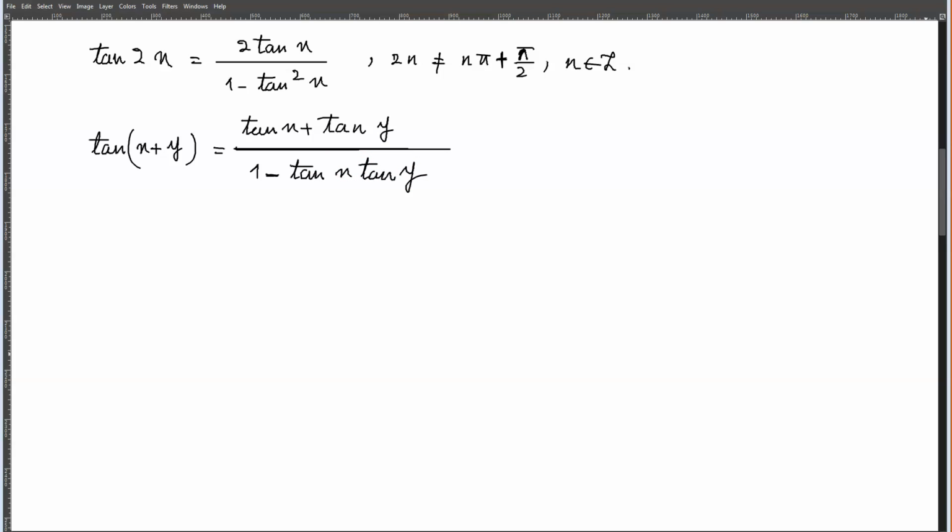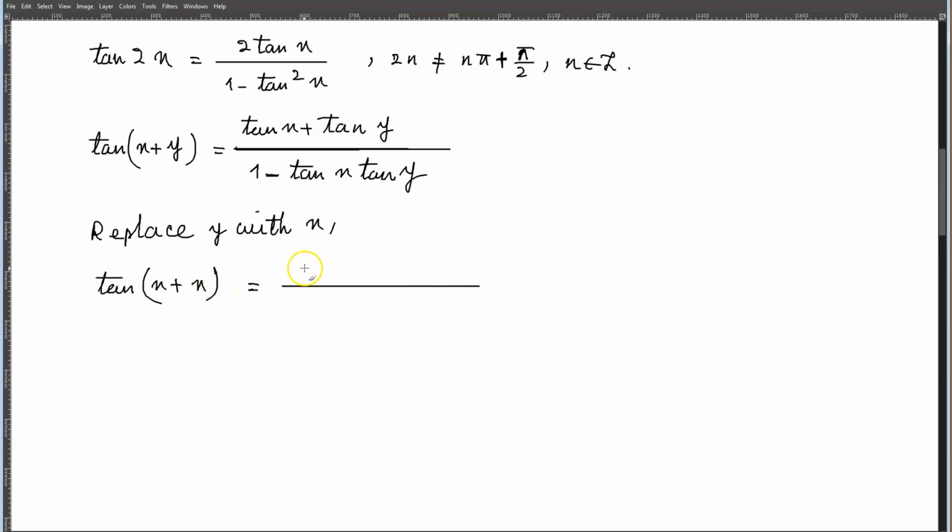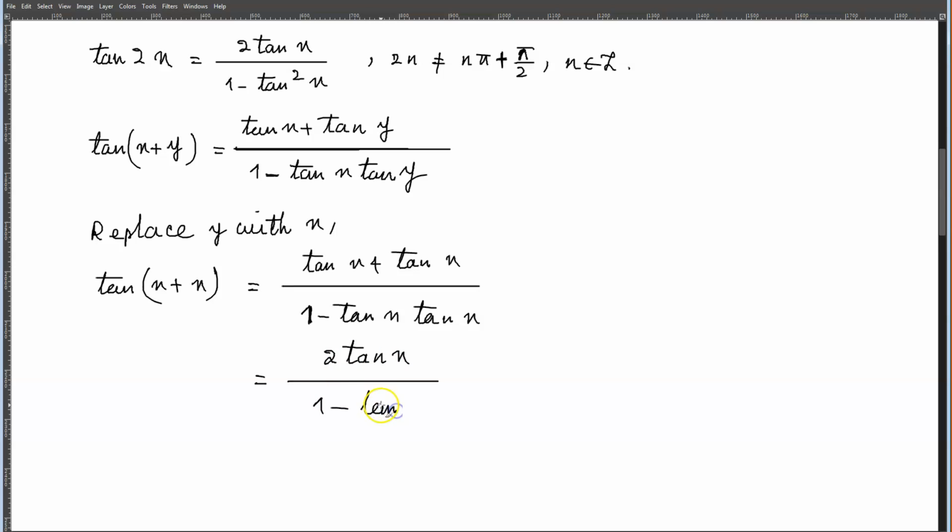Now, since I'm calculating tan of 2x, if I replace y with x here, we have tan of x plus x is equal to tan x plus tan x over 1 minus tan x tan x, which is the same thing as 2 times tan x over 1 minus tan squared x, and that is tan of x plus x, which is equal to 2x. So tan of 2x is equal to